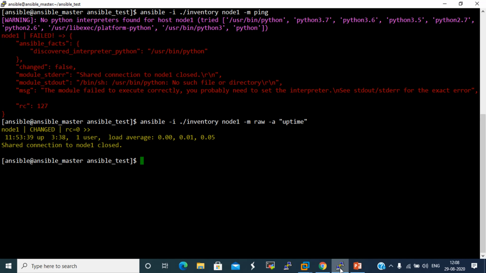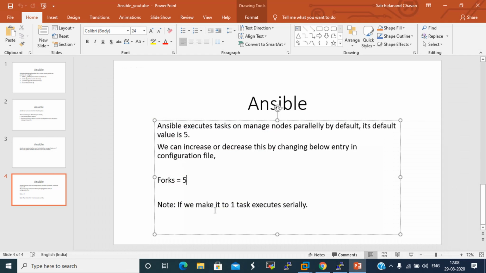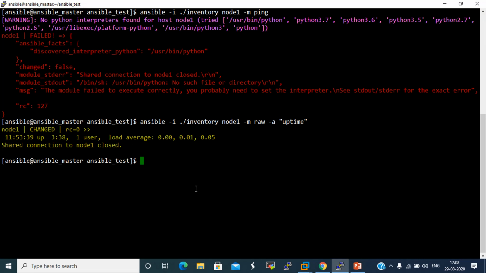If you want to make it serial, not parallel, you can make it 1, so it executes one by one on each managed host. If you have hundreds of managed hosts in your setup and you execute the command, it will first execute on 5 hosts, and after finishing, it will execute on another 5 hosts.